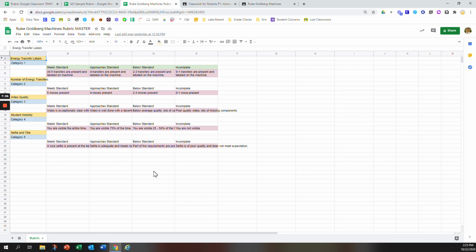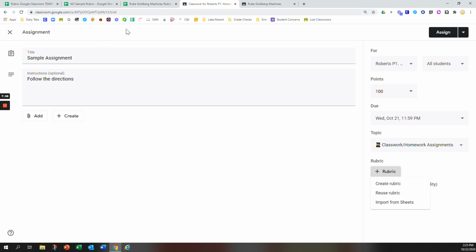Got it good. And remember, Sheets will auto-save everything. So this is one based off of a project that students were working on. Now we're ready to look at importing it into our Google Classroom assignment. So remember this page where we started? I said we're going to do the import from Sheets option. So when I click on that,